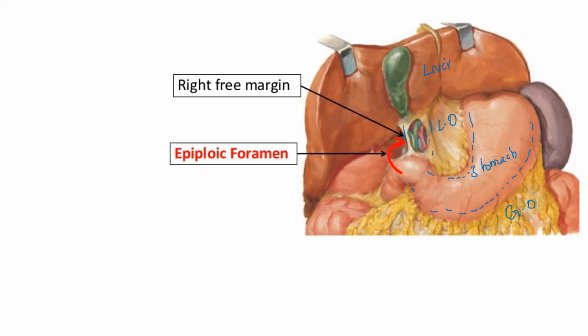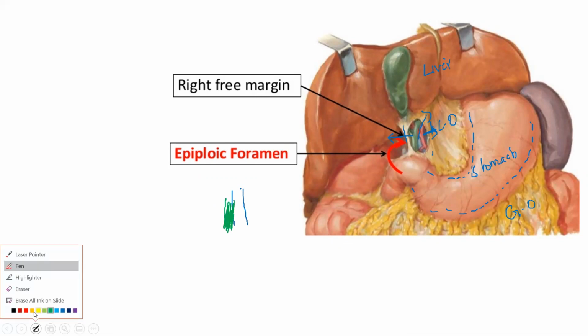Okay, you can see the colors of it. The one that's red color towards the left, the green color towards the right. And between that, can you spot out this blue color? Yes, you see a blue behind. Green. Yes, you see the green color here. And one more, the red color. There are three structures in the right free margin of the lesser omentum.